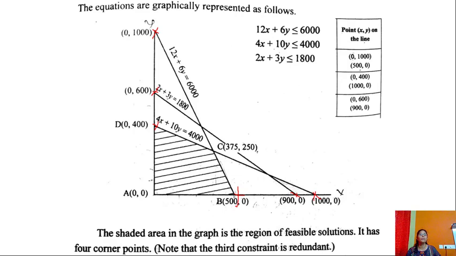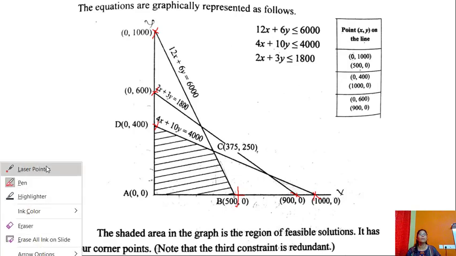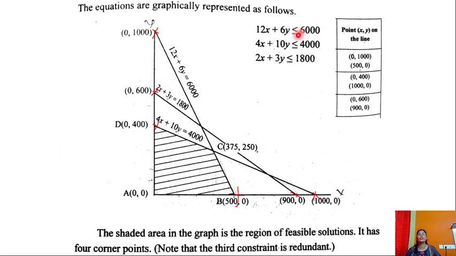Now here if you see these equations, all the equations are less than equal to. So as it is less than equal to, on the first straight line, this entire region will be less than equal to. On the second one, this whole region will be less than equal to. And on the third one, the region till here will be less than equal to, and we find the common region here.